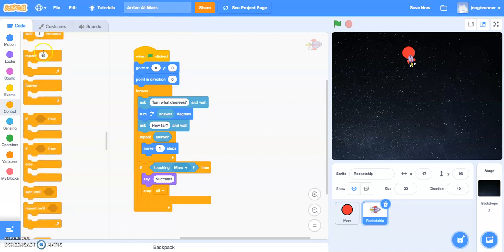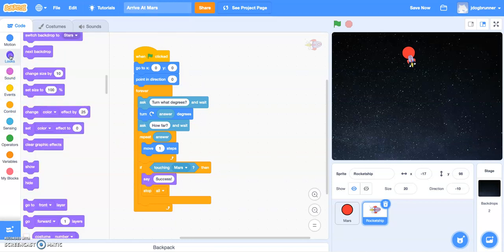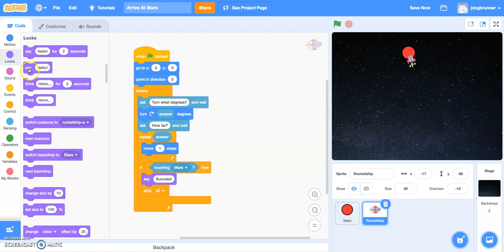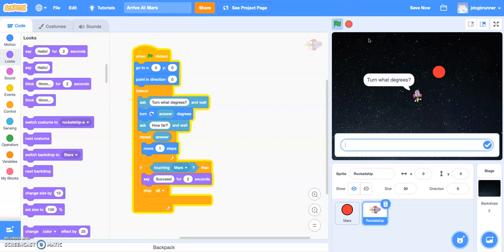So let's add in here a little bit of a delay. Actually, come to looks and, instead of say success, grab this one over here that says say for 2 seconds. Get rid of that one, and let's change the word there, success. So our code says if it's touching Mars, say success for 2 seconds, and then stop all. And that way,